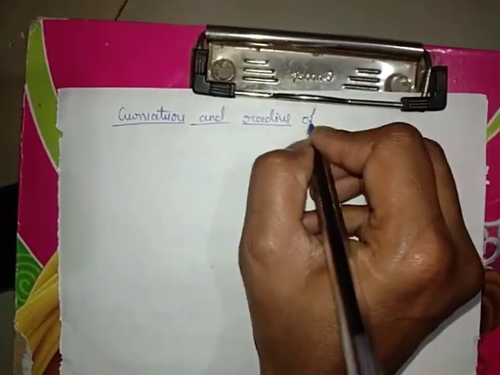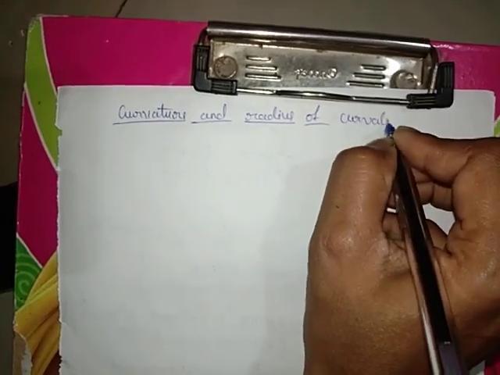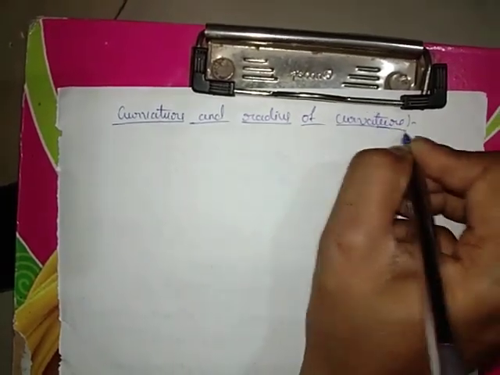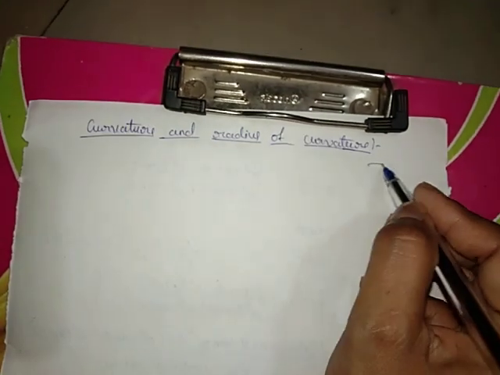So next we are moving to the topic, that is curvature and radius of curvature. You have already heard the word curve. When we travel on the road, there is a curve like on a hill. When we go on a trip to hill stations, there is a curve. The road will not be straight. So we can see the curve there like this.